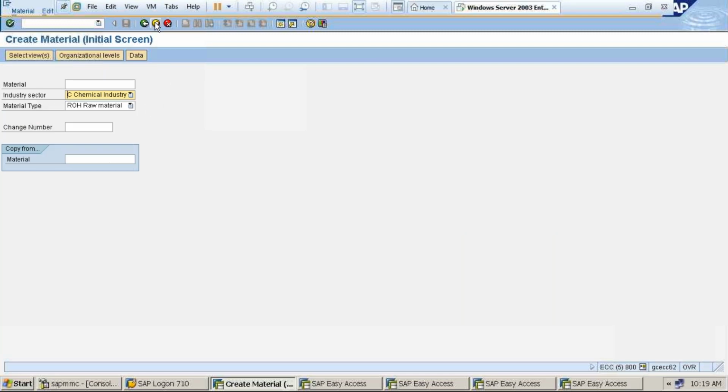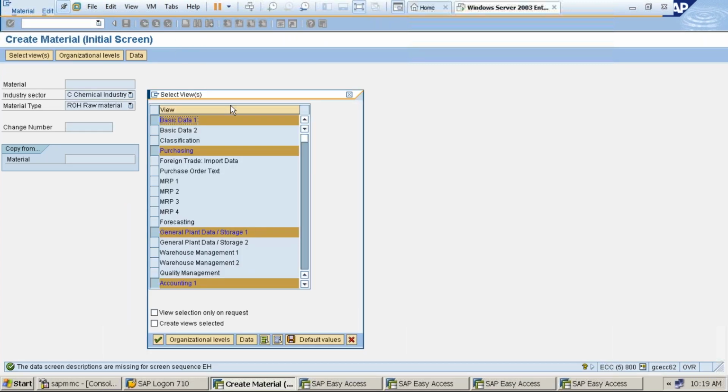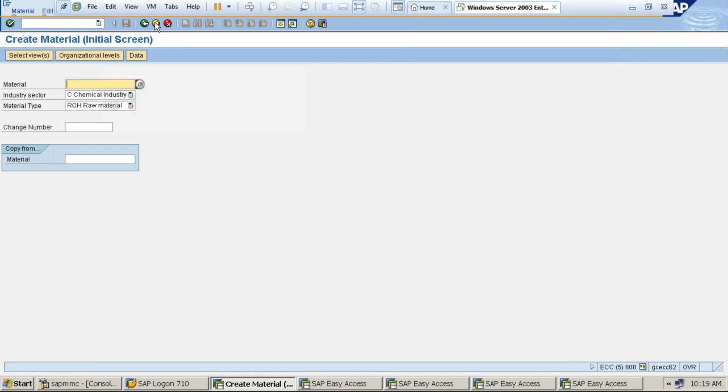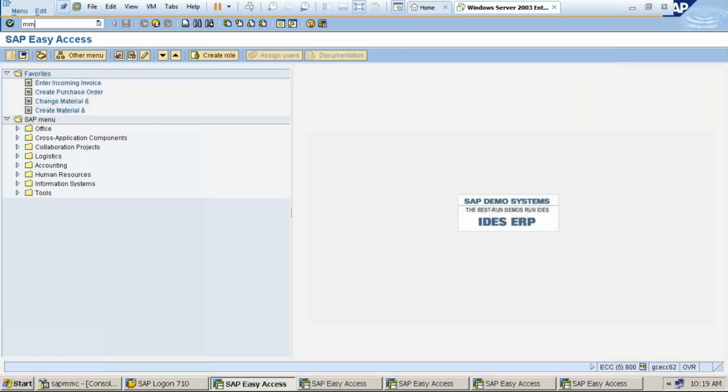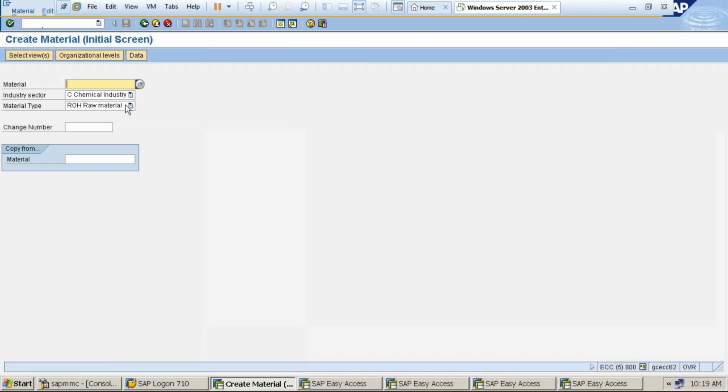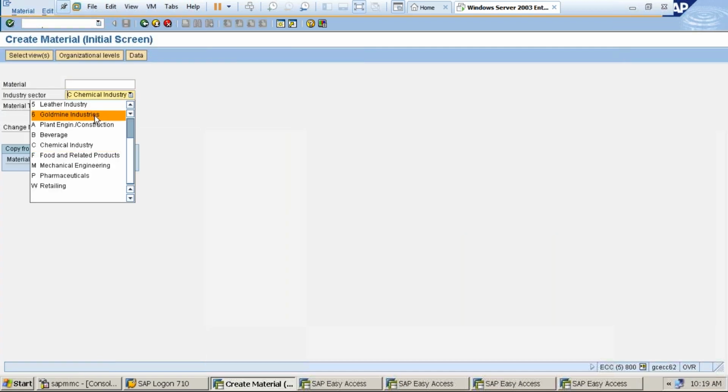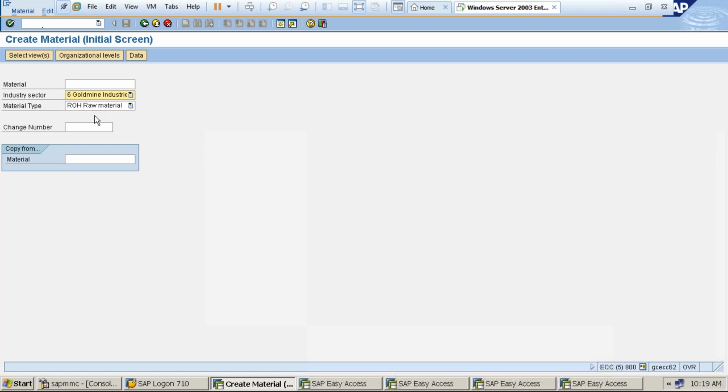So you just go back completely and again do MM01, and check whether the industry sector is created or not. Here it is created, right? So your gold mine industry. Now you know how to create the industry sector.